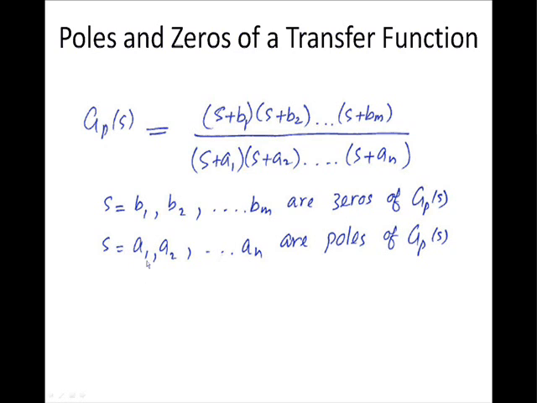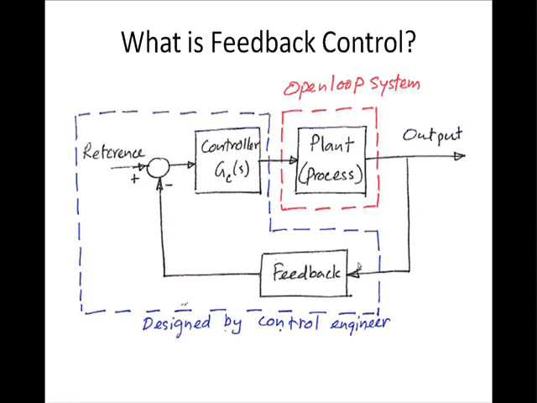And then when s is equal to a1, a2 up to an, you can see that the transfer function will become infinity. Those values are called poles of a transfer function. And then what is feedback control? If there is an open loop plant or a process,